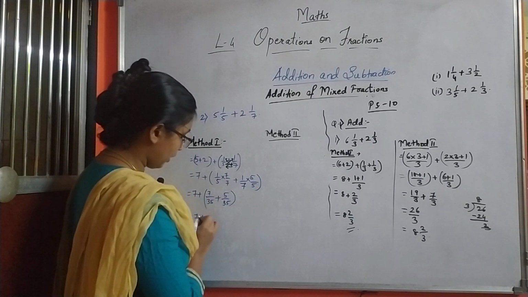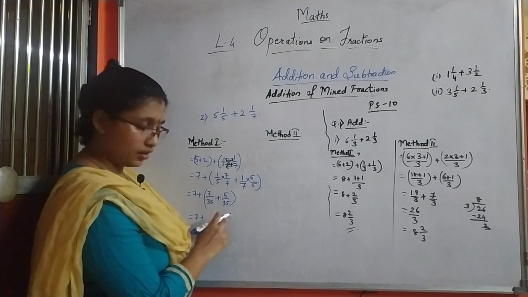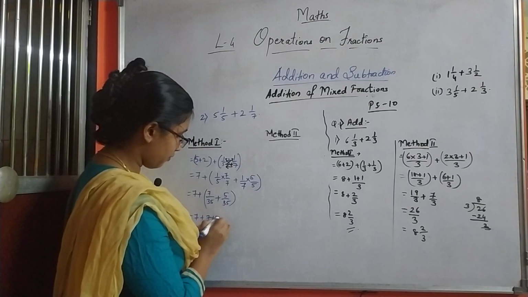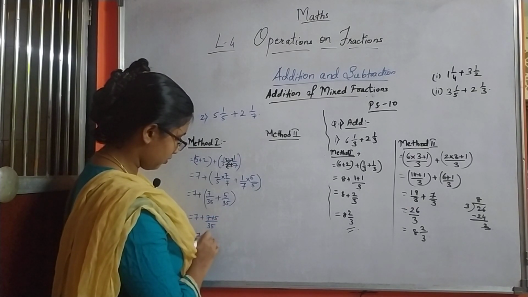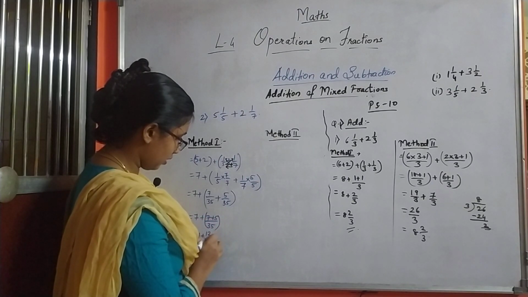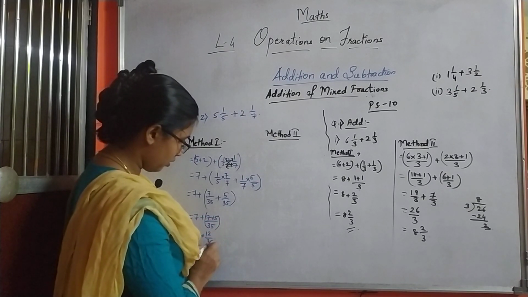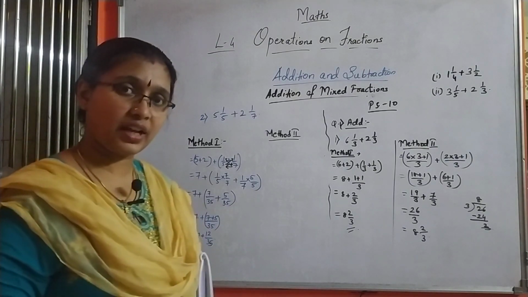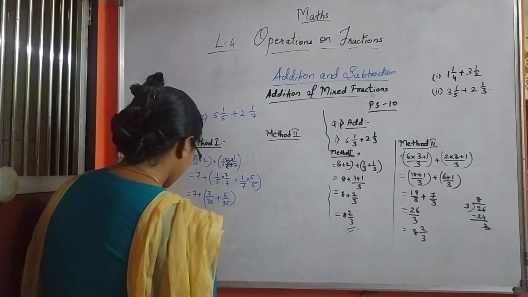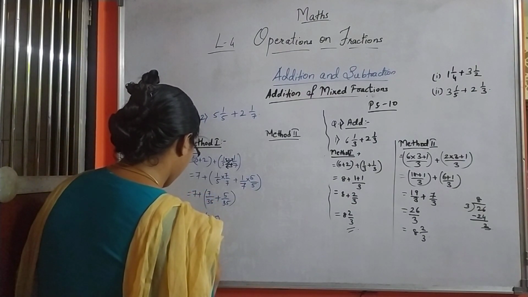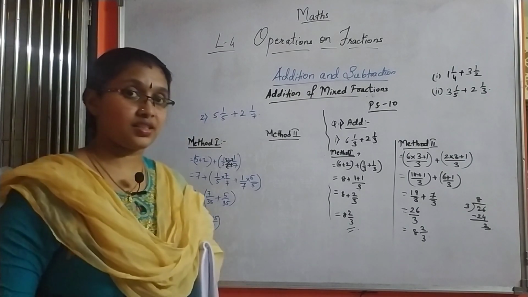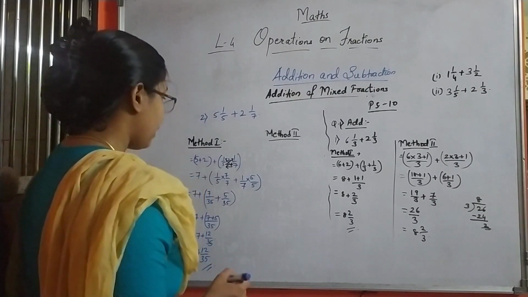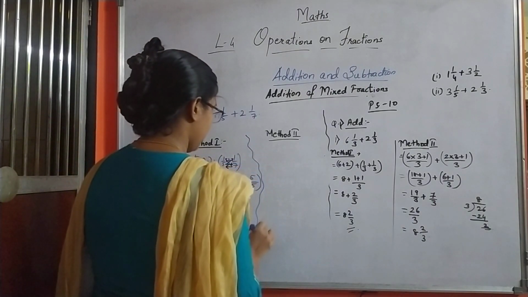So 7 plus, now I have got the denominators same, 7 plus 5, that is 12 upon 35. So check that 12 upon 35, it's a proper fraction, so need not do anything in that, directly write 7 12 upon 35. Now what is the next step? To check the answer in the second method, whether it is coming the same. Now coming to our second method,